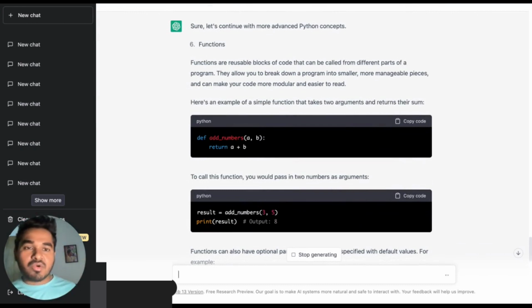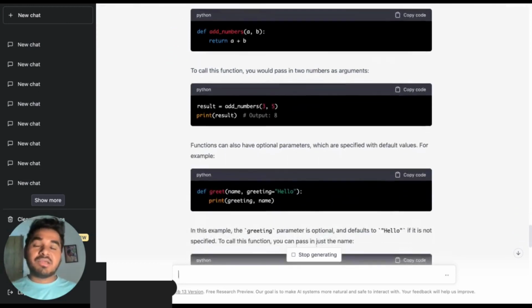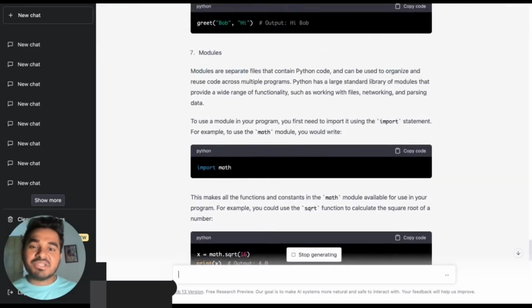If it's an online course or a YouTube video, you might not be interacting with that person. You will listen from it, you will practice. If you're stuck somewhere, it might be difficult for you to search anywhere, but here you can ask questions. Here it will teach you stuff. You can ask it to pose questions to you. You can ask doubts as well. See, that is the advantage of learning using ChatGPT.